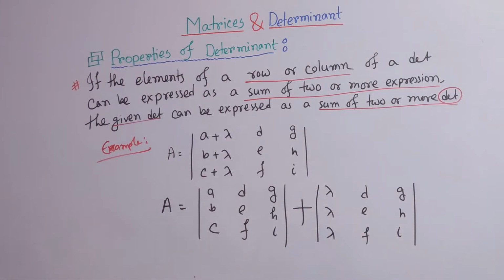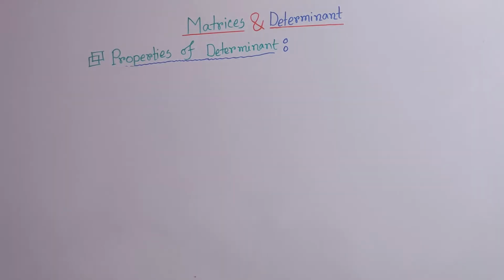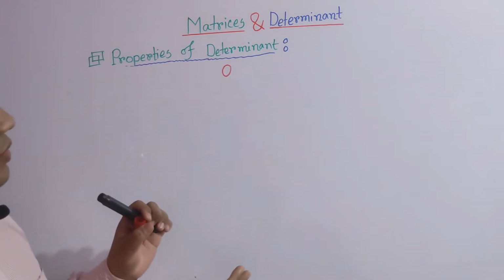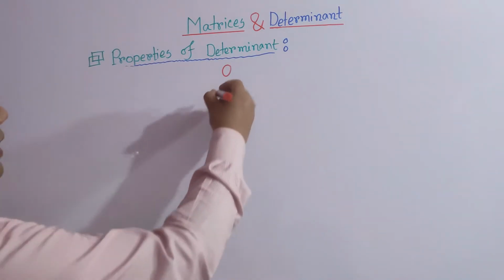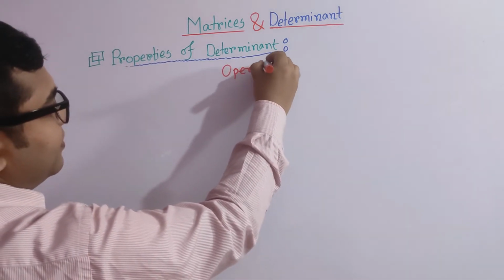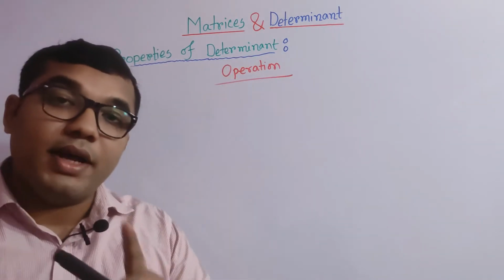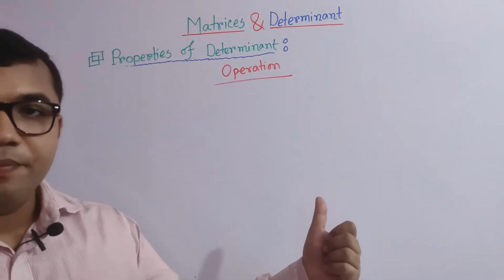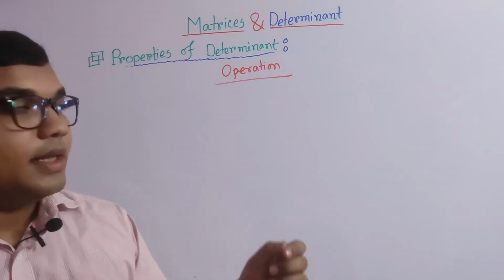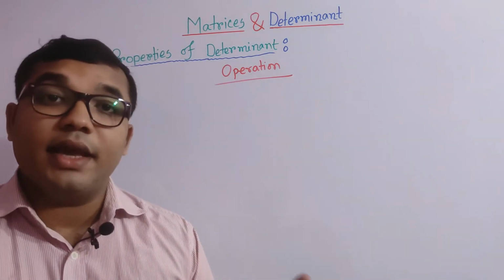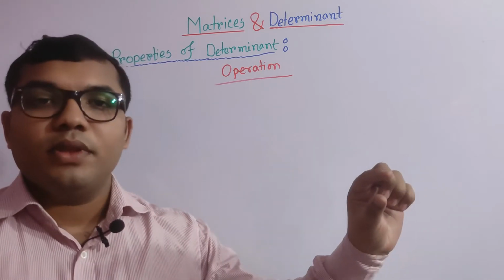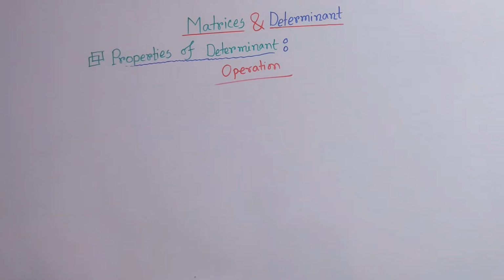Okay, so after this we are focusing on some operations. Dear students, in this properties part there are some properties, but I am going to explain them through operations, and this operation part you must understand, because when we solve our maths from 1B, this operation will be needed all the time. There are two operations that can be done in the case of a determinant. One is the column operation, and the other is the row operation.